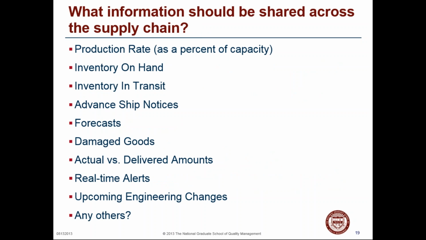And so we talked a lot about collaboration, right? There's a ton of information that should be shared across the supply chain. This is just a sampling, but certainly production rates, your inventory on hand, your inventory in transit. You might have inventory in repair or servicing, your advance ship notice, your forecast, all your damaged goods, actual versus delivered amounts, real-time alerts, upcoming engineering changes, your collaborative demand forecast and your prioritizations. What are your priorities? And by having all that information shared across the supply chain, it allows you to make real-time informed decisions